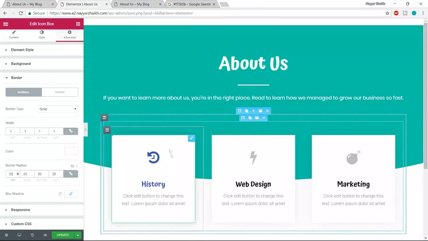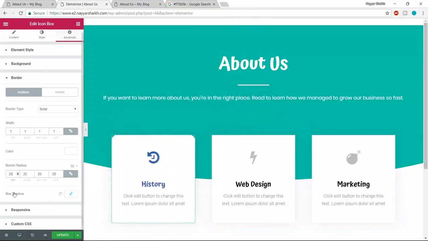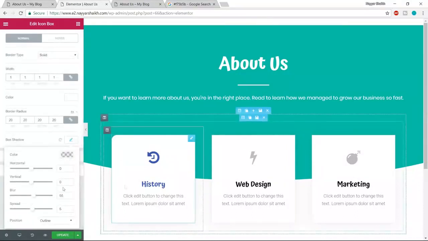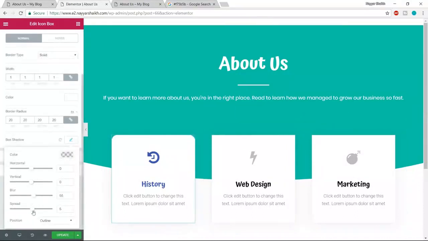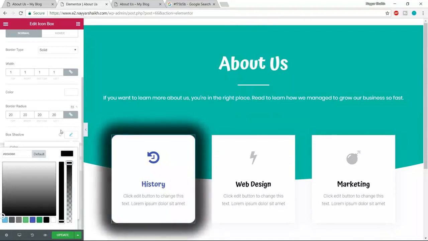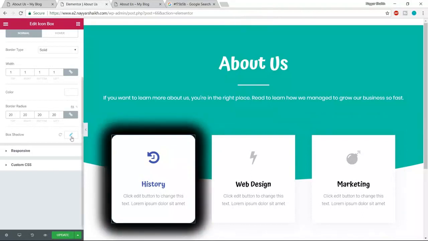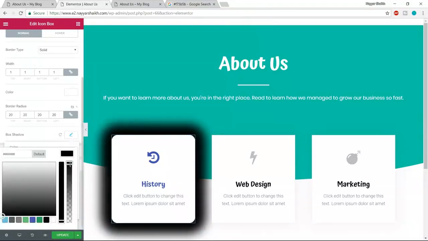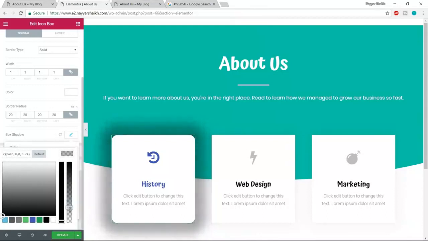Now we also have to add some shadow. So here at the bottom it says box shadow. Click on this pencil button. Now if you want, you can increase the spread. When you increase this, the shadow will spread, and you can change the color of the shadow. If you want to make it a little darker, you can select something like this. Now you can see it more clearly, but we don't want something like this. We want something like this. Yeah,